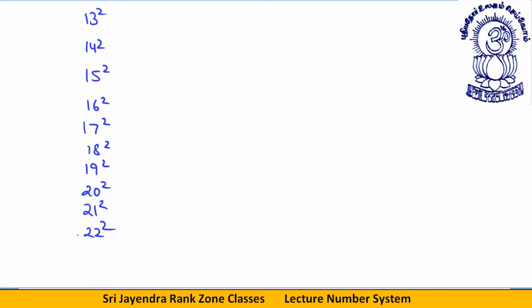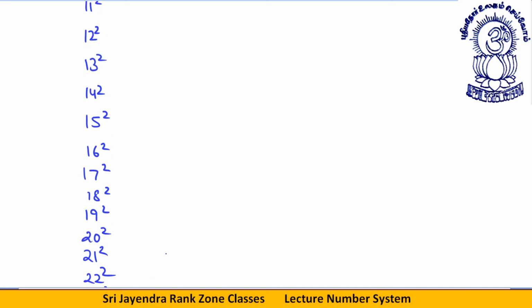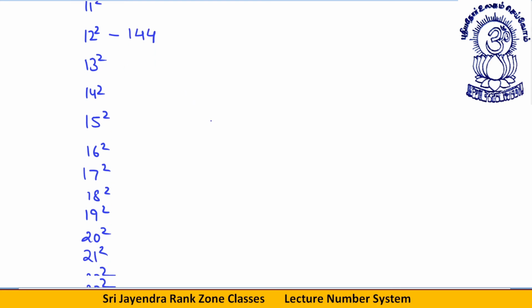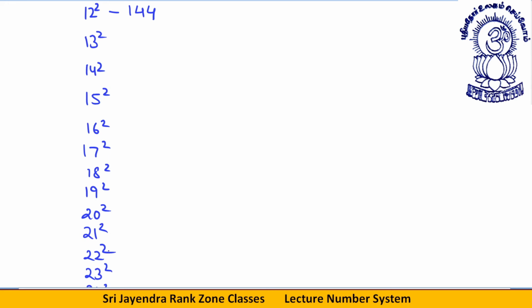If you can just grasp this much, maths will become very easy for you. I will tell you a few shortcuts. First of all, what is 12 square? 12 square is 144. If you reverse 12, what is 21? So 21 square will be the reverse of this, that is 441. 13 square is 169. If you reverse 13, that is 31, 31 square will be what? 31 square will be 961. Getting this thing, dear students?